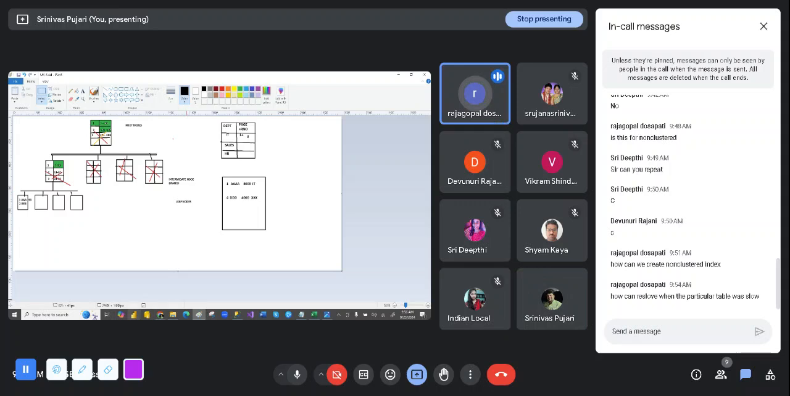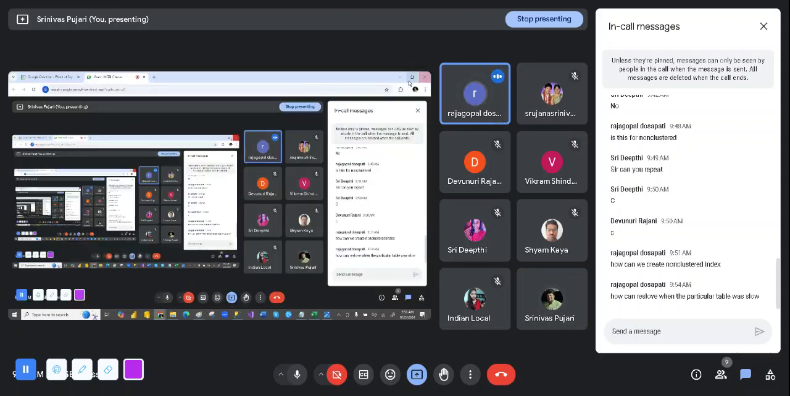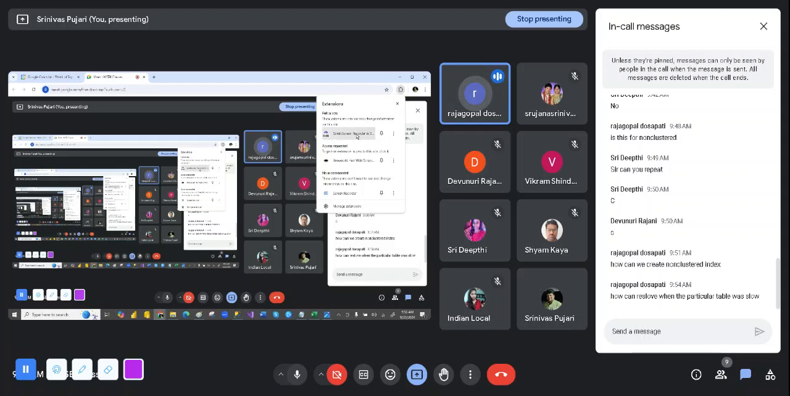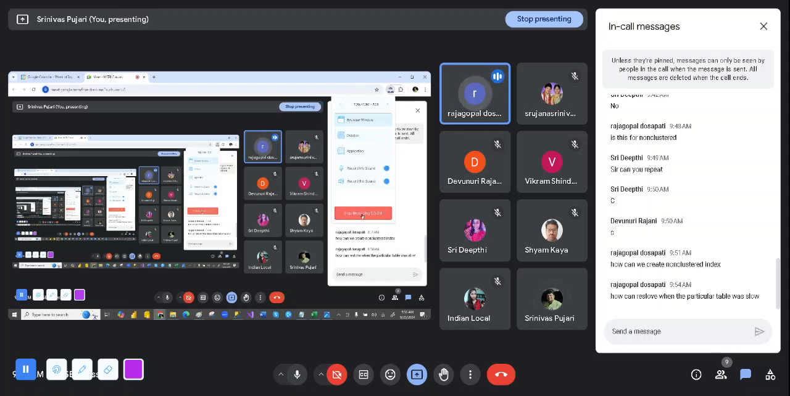Hi Srinivas, I have a doubt. Yes. In any particular database, if we are facing any issues in the particular database regarding the